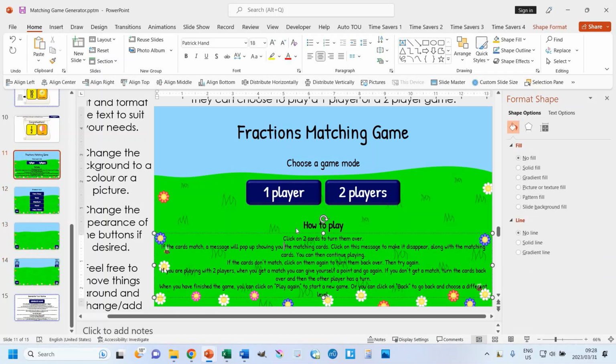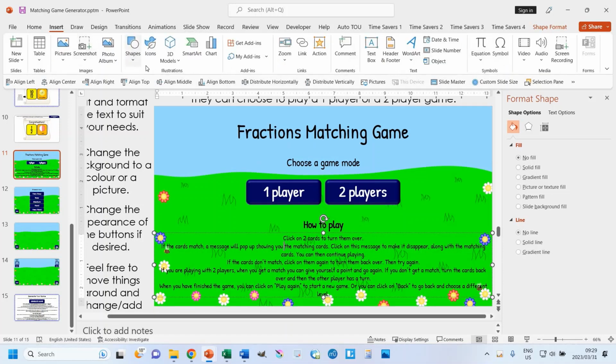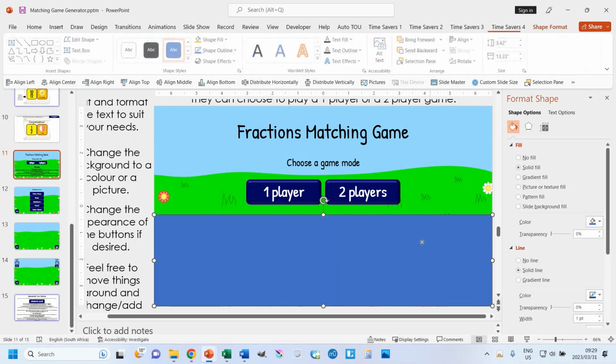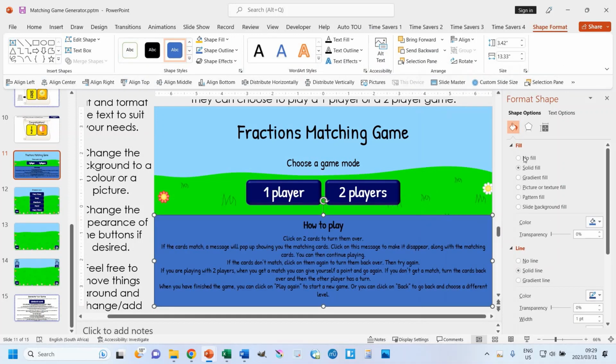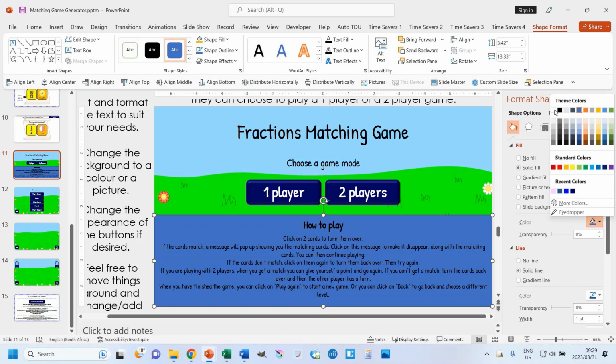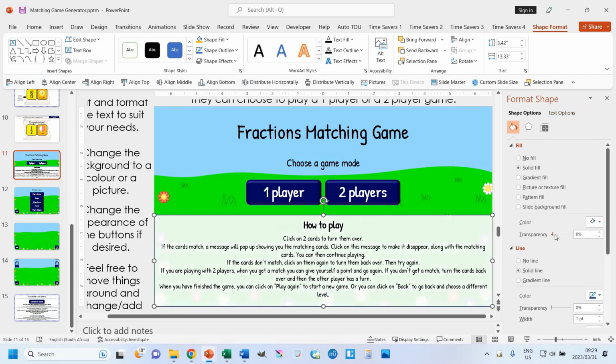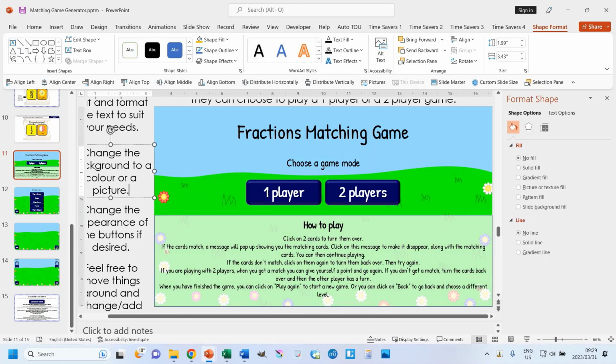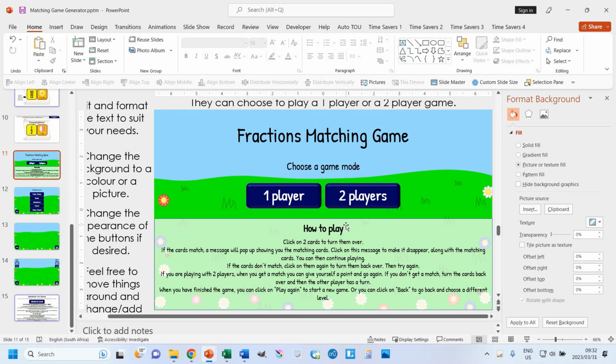Now over here I also want this text to be a little bit more visible. So what I'm going to do is insert over here a shape, just a rectangle, and I'm going to put that over there and send it to the back. And then I'm going to make it white and just change the transparency slightly so that you can still see the background through, but it's easier to read the text. Okay, now that I've finished